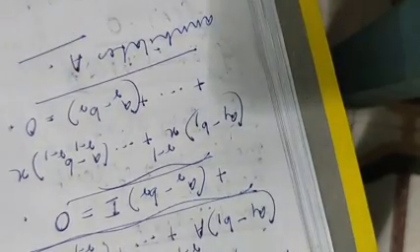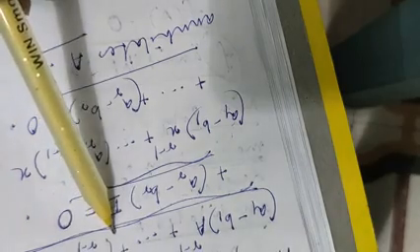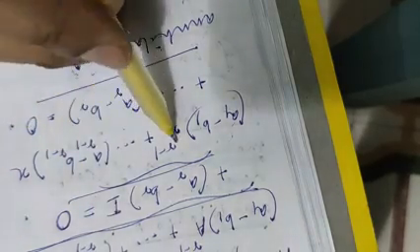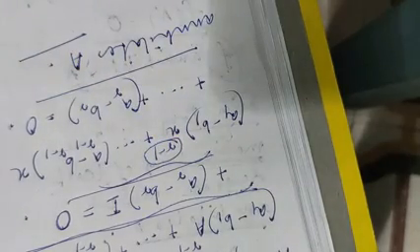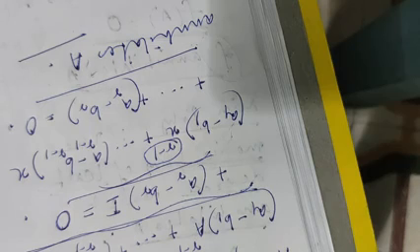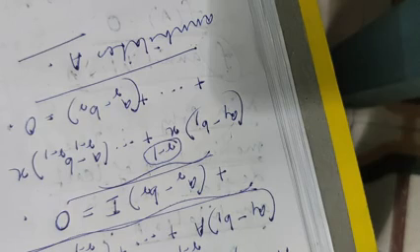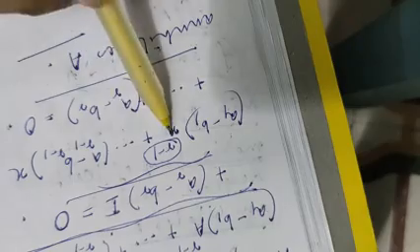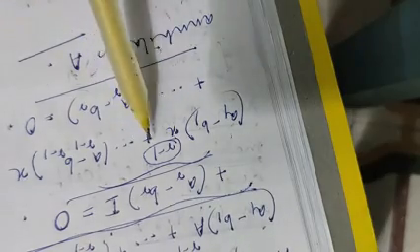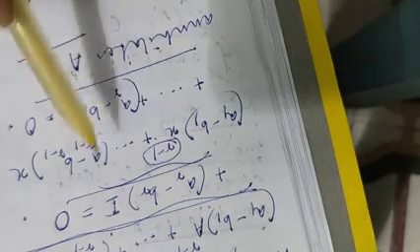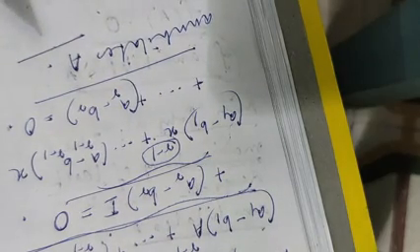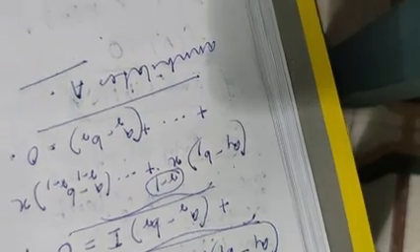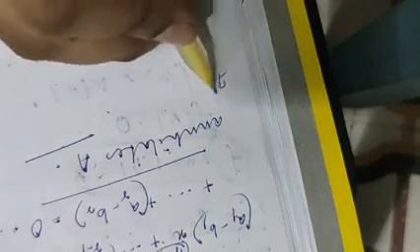But check, the polynomial is of order r minus 1, which is a contradiction, because we have already taken that the minimal polynomial is of order r. So any polynomial having degree less than r cannot annihilate A, but here we got one polynomial of degree r minus 1, which is obviously less than r, and it is annihilating A. This is only possible when this polynomial is a 0 polynomial.